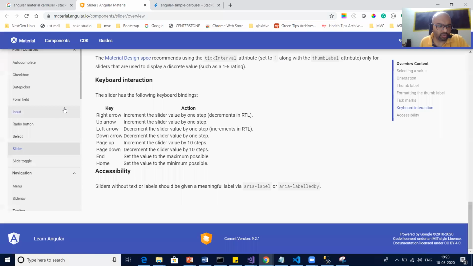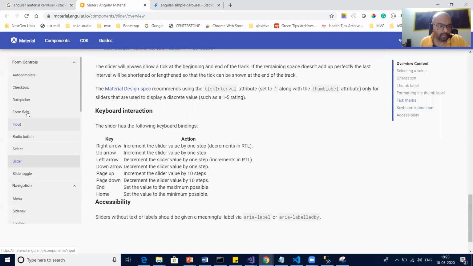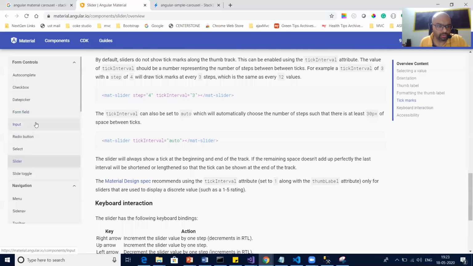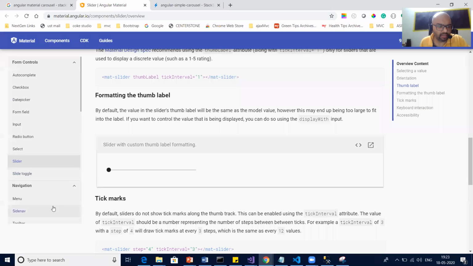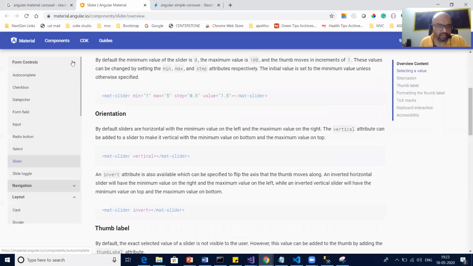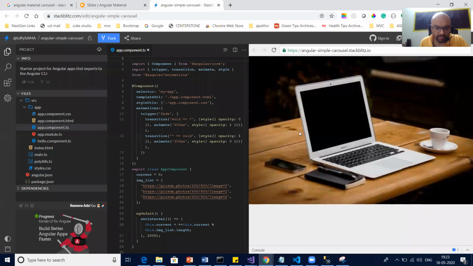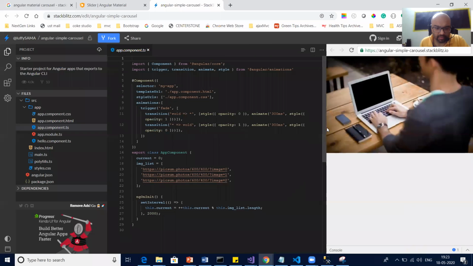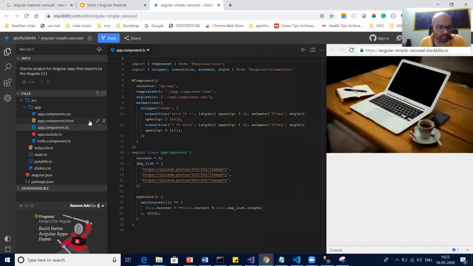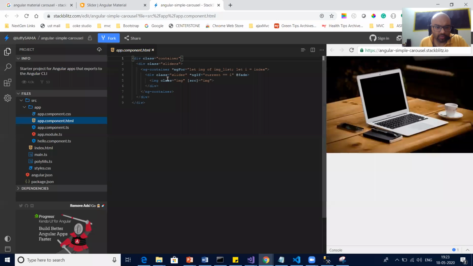But why is it not showing over here? Utkarsh, did I miss anything? We have carousel in Angular Material, right? We'll see it from here itself. No? In HTML, it will show.